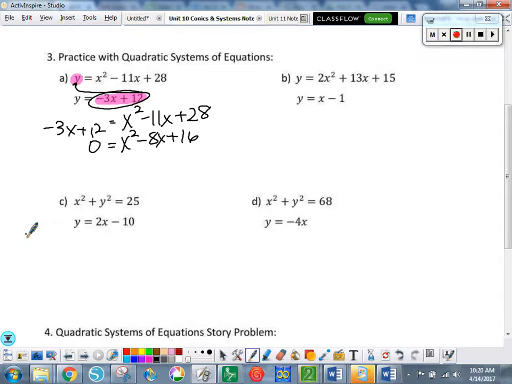Now that it's equal to 0, let's try playing a game. Can you find two numbers that multiply to 16 and add to negative 8? Multiply to 16, add to negative 8. Negative 4 and negative 4? Okay. Can you jump straight to the shortcut? Yeah? Okay, so let's do x minus 4, x minus 4,